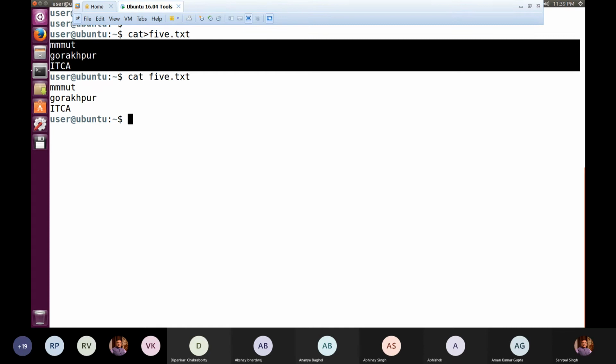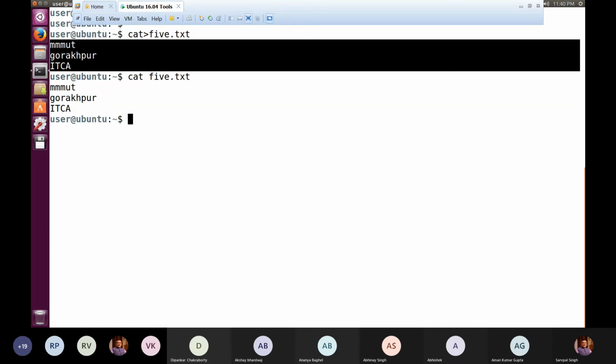But mind it, it's not an editor. When you write cat greater than and a file name, and it lets you input the content from the keyboard, say after entering MMUT Gorakhpur, when I reach the third line where I typed ITCA, suddenly I realize that I made a mistake in typing MMUT, and instead of MM I have typed only M. Now I should go back to modify the first line, but that will not be allowed.